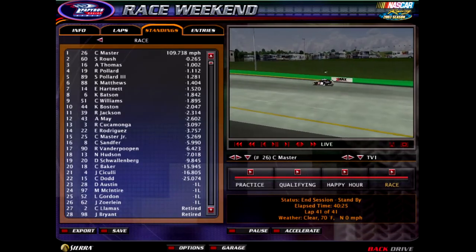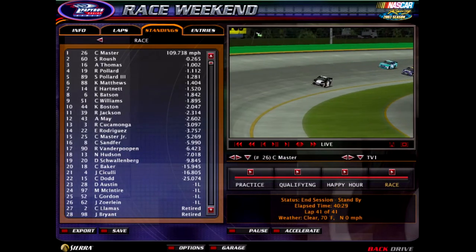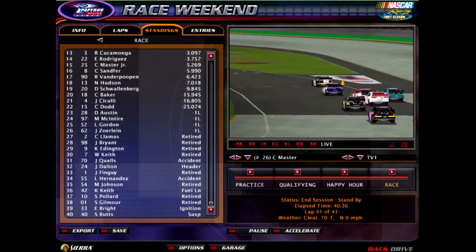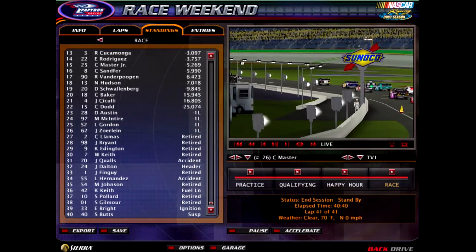But here are your results here, first through 28th. 26 cars remained in the race there. A lot of them got swept up in that big wreck at the end, so it did cost them a lot of track position and points. And you look the rest on down, but congratulations to Christian Master on fulfilling his first victory here in the